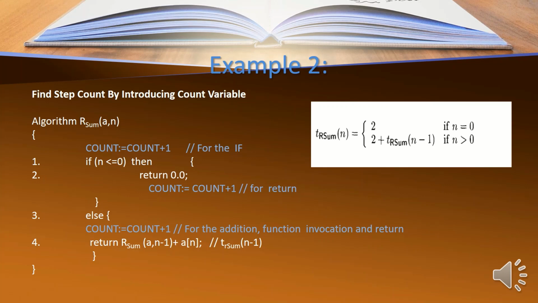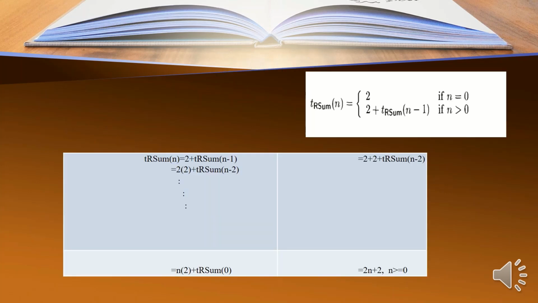If we solve this, we get 2n plus 2 for n greater than or equal to 0. Let's check that.